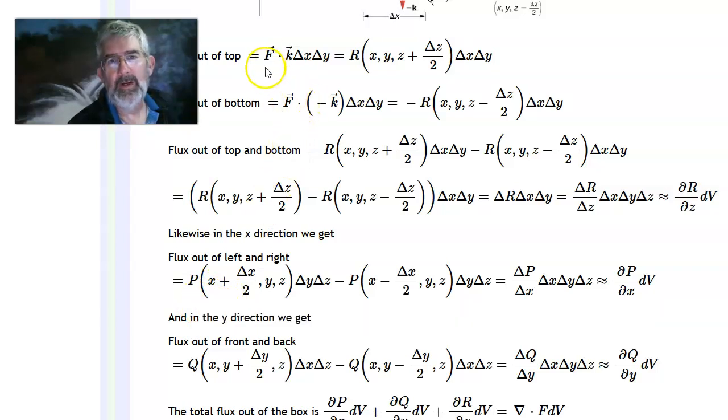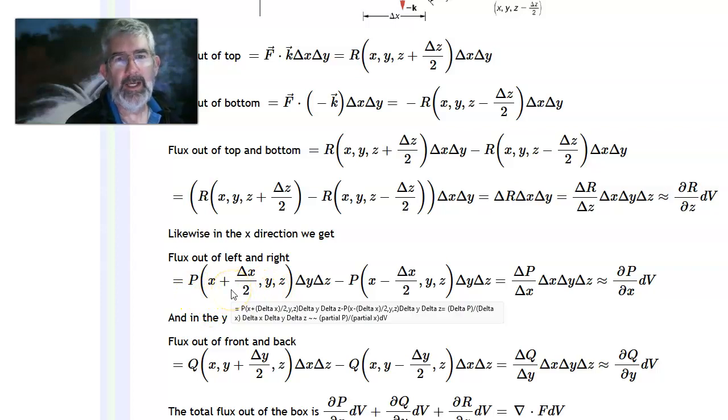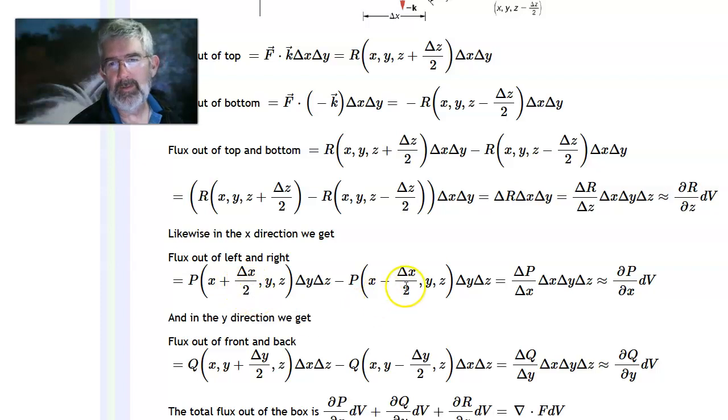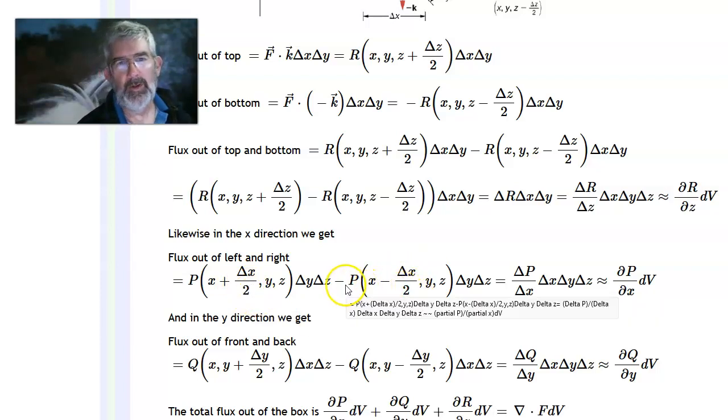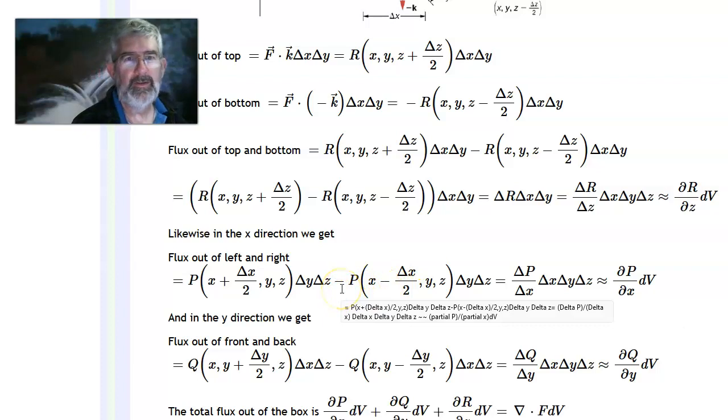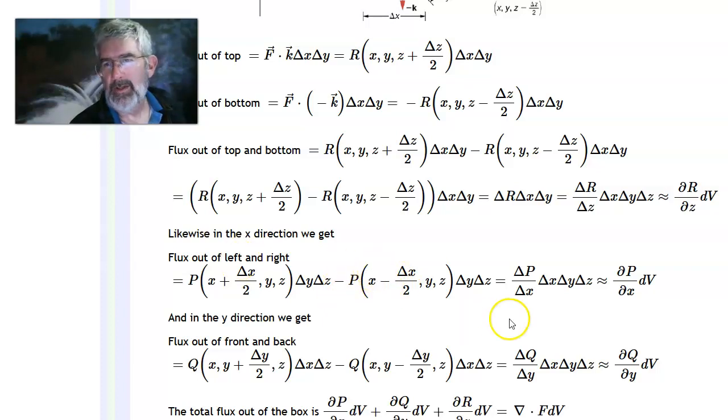So rather than f dotted with k, you're going to have f dotted with i. So it's going to be p at this point, where I'm changing the x's rather than the z's now. So this is x plus delta x over 2 and x minus delta x over 2. But of course, on the other side you're going to have a minus i as your normal vector, so the minus sign comes there. When you add them together, you essentially get the partial of p with respect to x